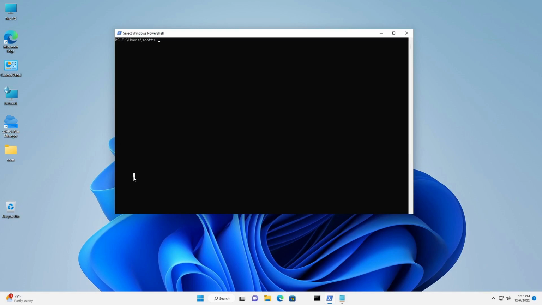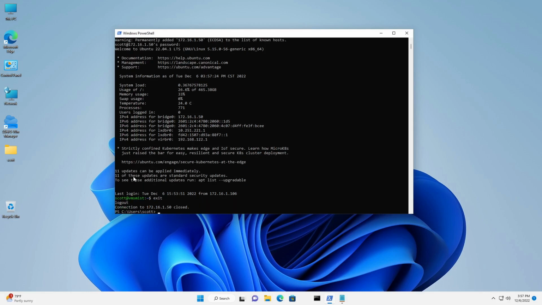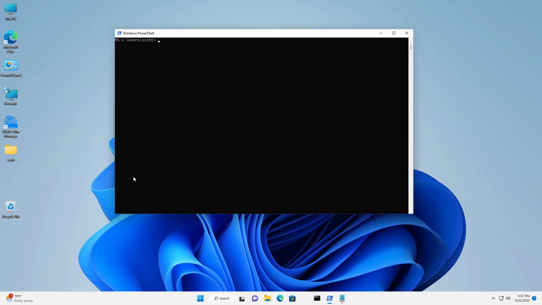Let's test out our SSH client by doing an SSH over to Scott at 172.16.1.50, which is an Ubuntu server host, and you can see that it asks for my fingerprint. I say yes, and I type in my password, and it logs me in. Likewise, I can exit back out again, and the next step will be to install SSH keys, and in order to do that, we do an